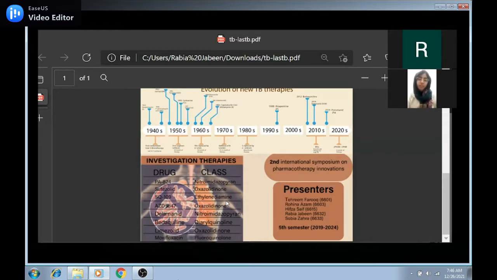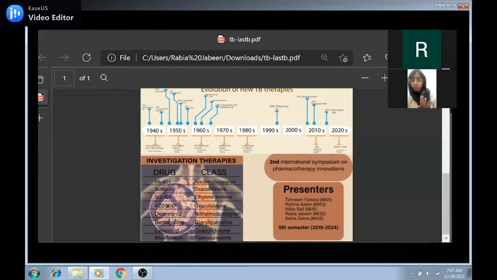Then there are bedaquiline and moxifloxacin that are the older ones, and are approved for the role in MDR-TB and under investigation for the role in DS-TB. Bedaquiline shows action by ATP synthesis inhibition. Moxifloxacin shows action by topoisomerase inhibition. And then there's linezolid that belongs to the oxazolidinone class, and it shows action